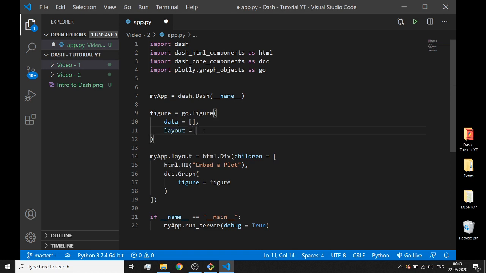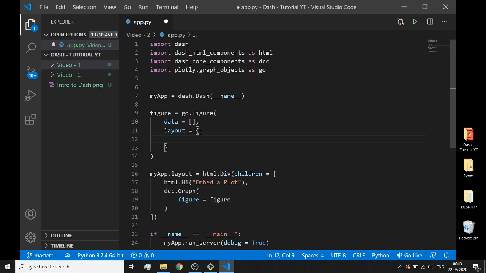Here, Plotly gives you the freedom of specifying layout the way you want. You can either specify it in the form of a dictionary, where you pass all the key-value pairs. For example, if I have to specify a title, I can just say title as the key and name my title as something. But I do not like this particular route.